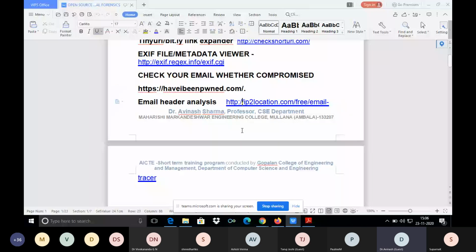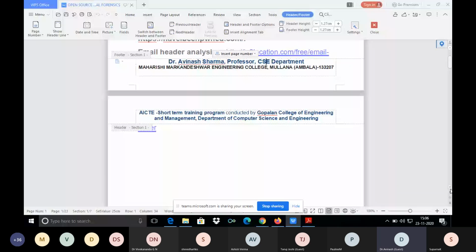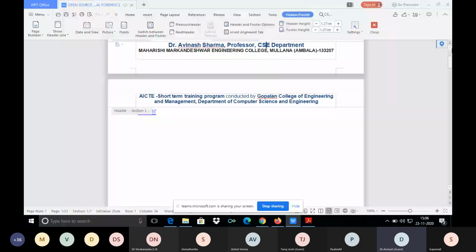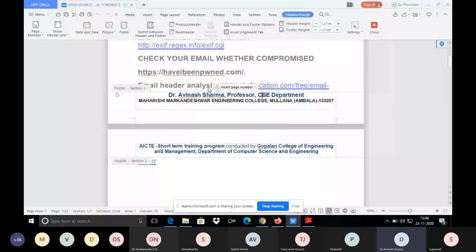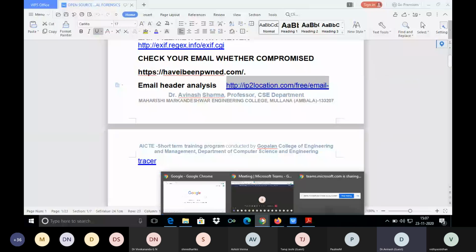So what you can do here, okay, you can type this particular URL or address, and you can put your email, I put this particular mail ID here